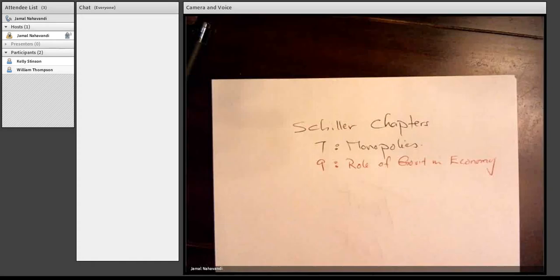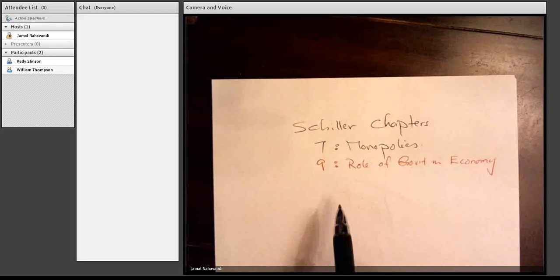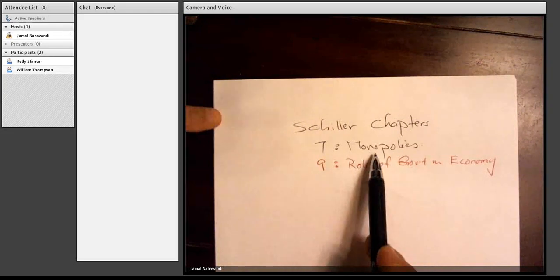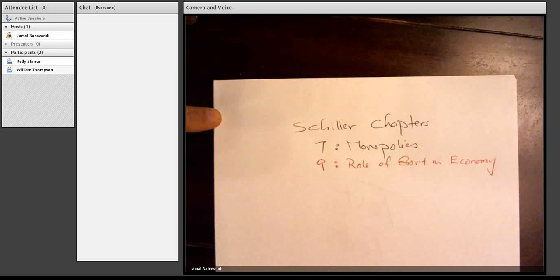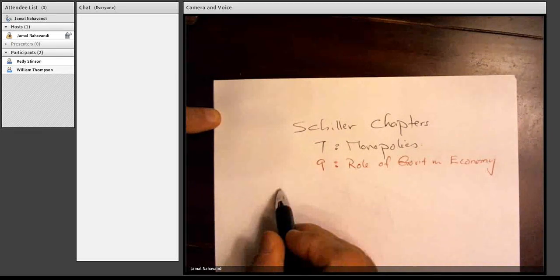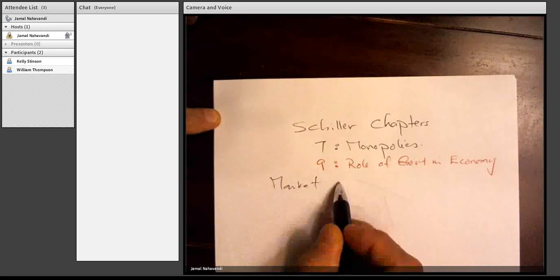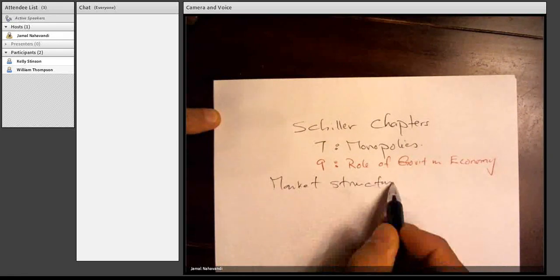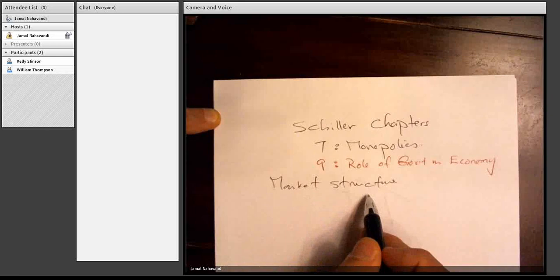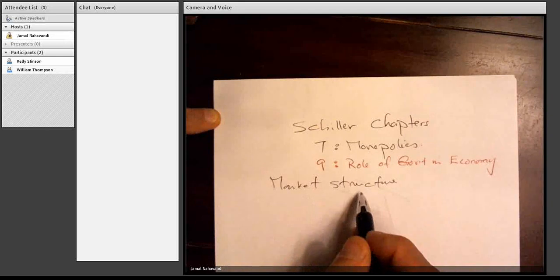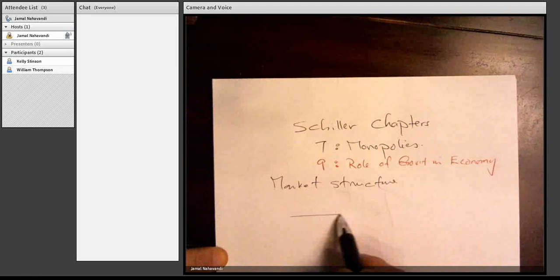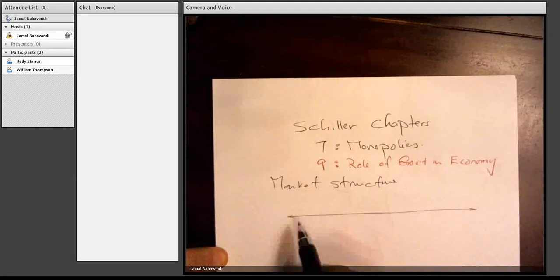Recording this session, we're going to do two chapters and we're going to do it quick. One is a discussion on monopoly, and in general, we have what we call market structure. This is the environment in which firms operate, and we had already discussed one end of the spectrum, which was